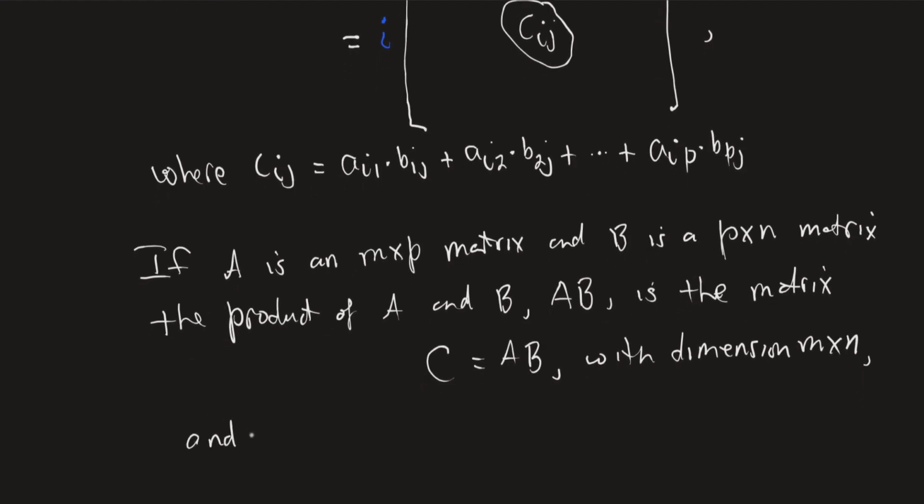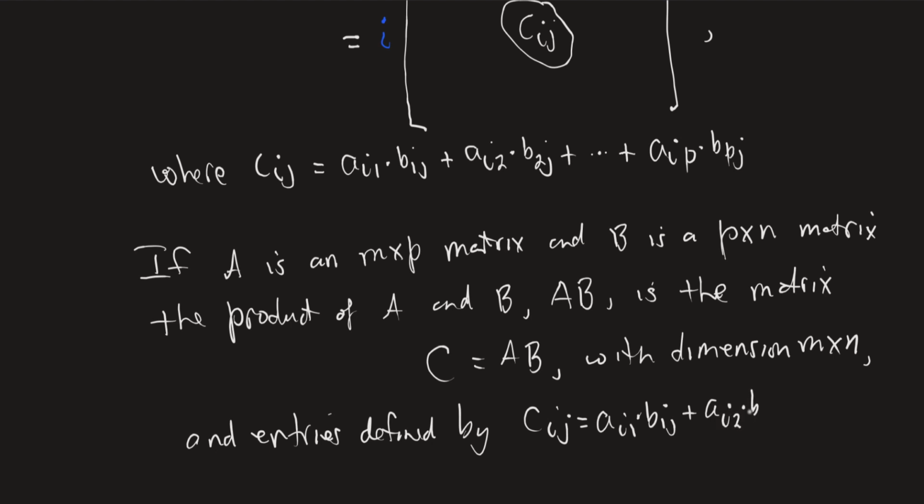So, entries defined by Cij, and it's this exact same thing that I wrote down. So it's going to be AI1 times B1j plus AI2 times B2j plus dot dot dot, and then AIP times